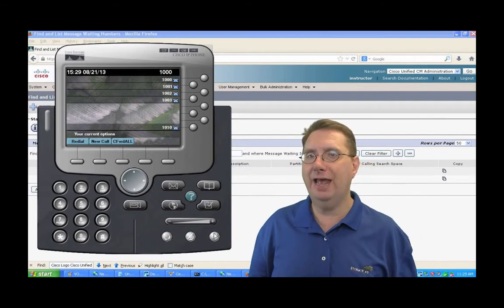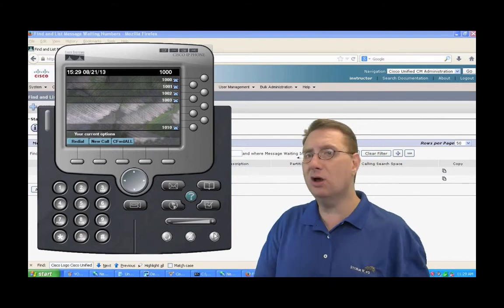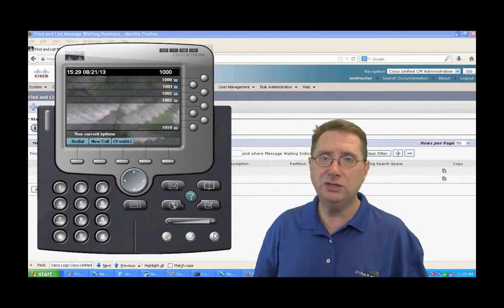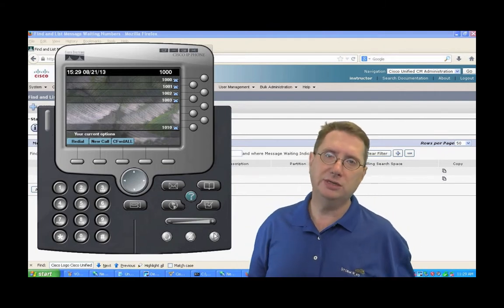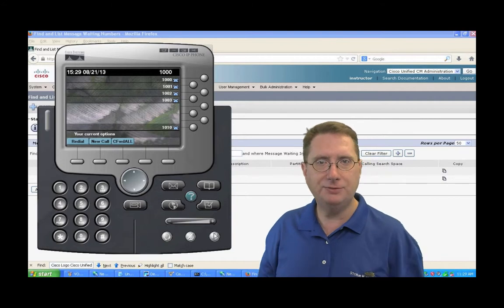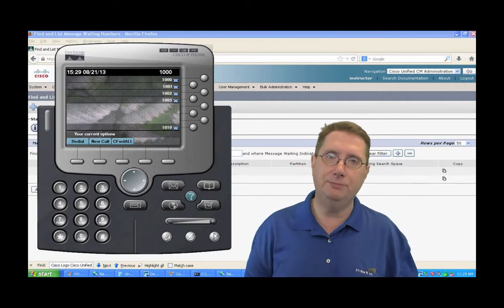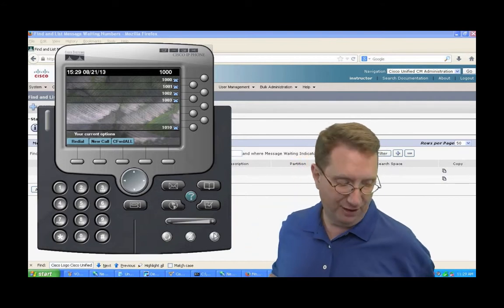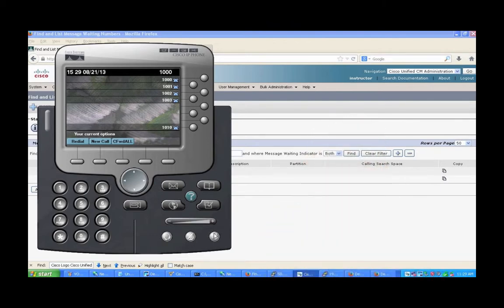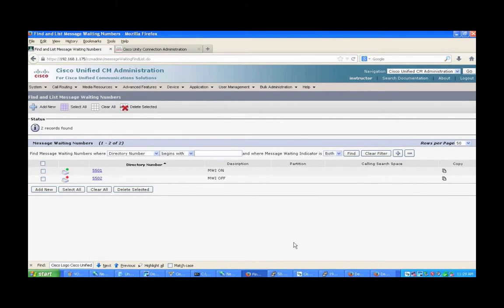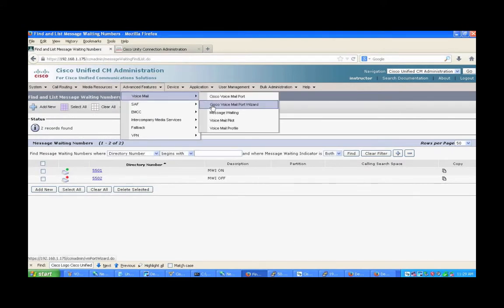So because we haven't enabled voicemail, because where is voicemail? It's all the way over there on the CUC server, on the Unity connection server. So how are we going to set that up? Well, first of all, we have to follow all the steps here, and then we'll follow the steps that we need to implement on the CUC, and we'll have a fully working voicemail solution. So what we need to realize here is once we get everything set up, we're going to go to advanced features, voicemail, and I want to go to the Cisco Voice